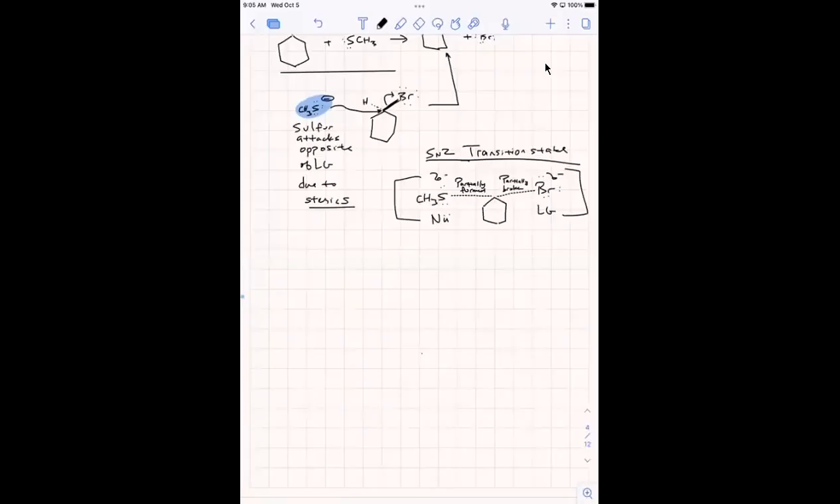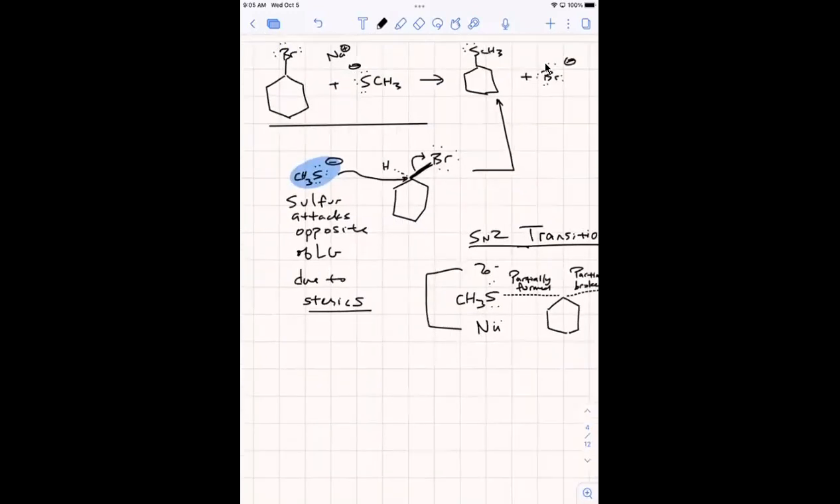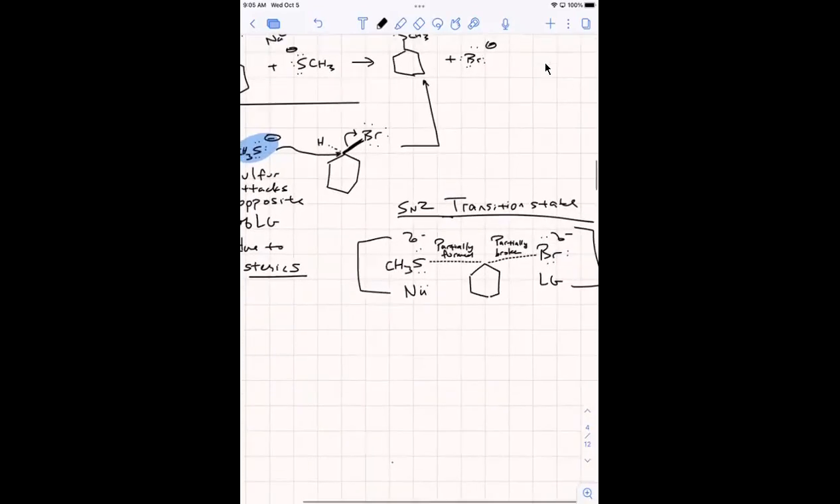All right, so we left off, we talked about the SN2 mechanism. We talked about the approach of the nucleophile and how it comes in opposite to the leaving group. We talked about the transition state, which is shown here. And that's also going to lead us into another discussion about the rate law, as well as the factors that